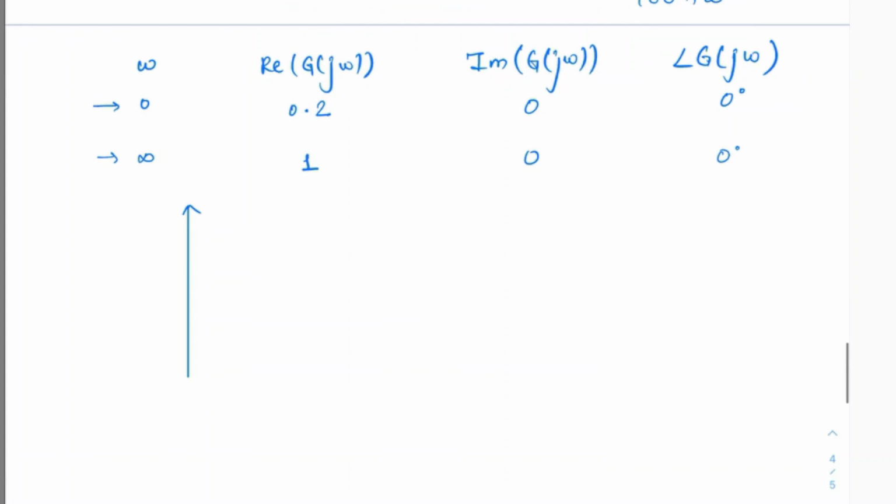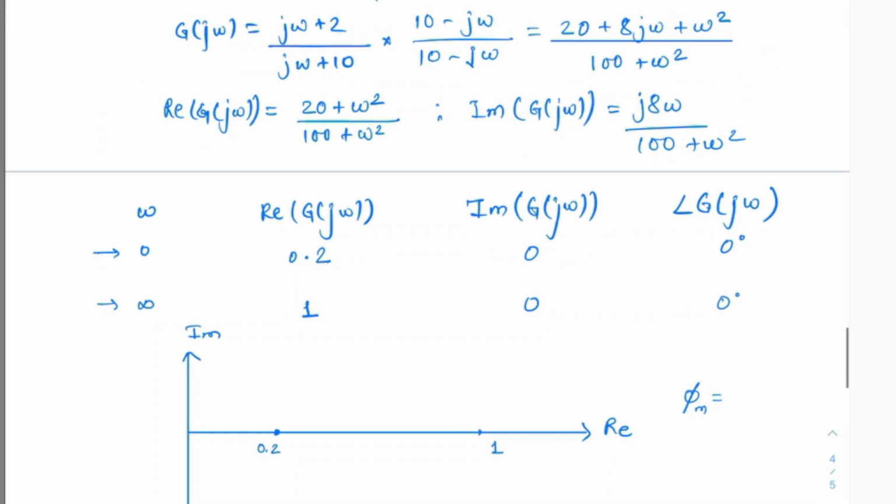So in a similar way, if we draw imaginary axis and real axis, let's plot these points: 0.2 comma 0 and 1 comma 0. So if we draw this, so if we take the angle at the crossover point,